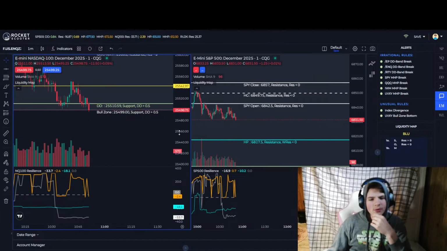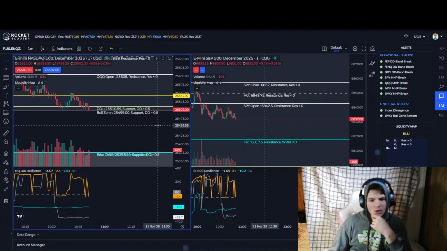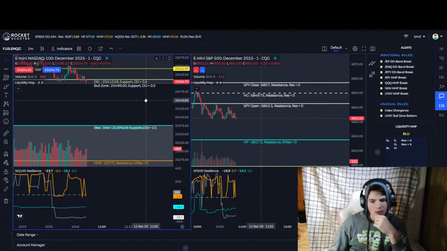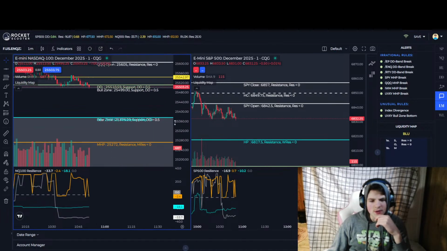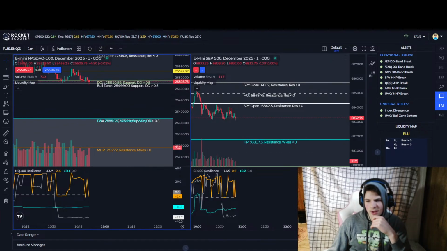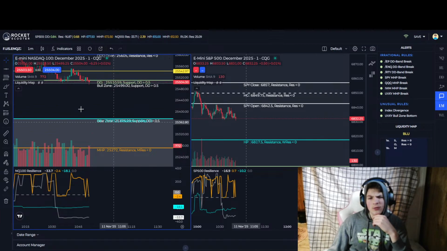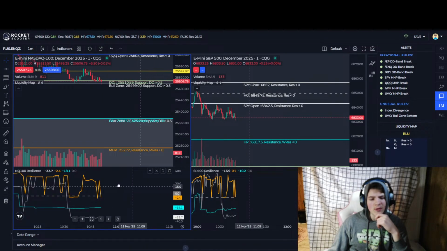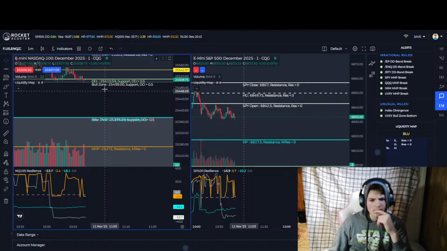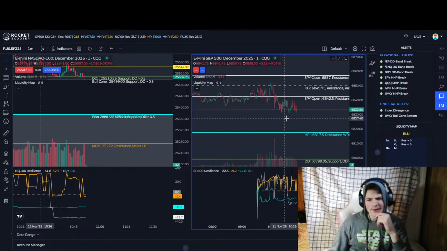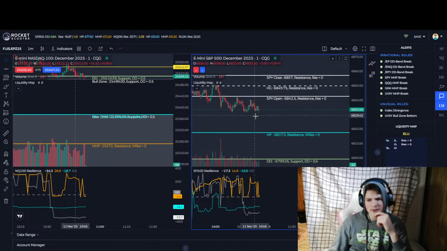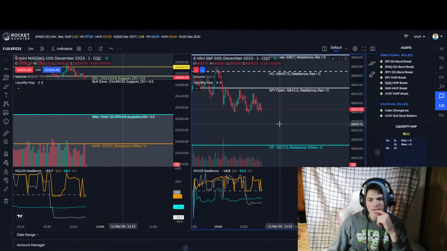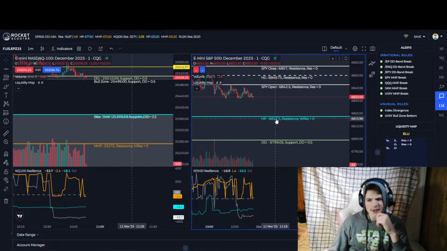All right, looks like it's saying off bull zone that could fail us and just go into a Quiddy pocket. Next trade you could do is HP, which is one of the Quiddy map trades if res is positive, but res is still negative. It's been negative for a while. ES, there's not much really. It's just chopping very slowly around here. If it does sink down to HP, take one there. Buy open.